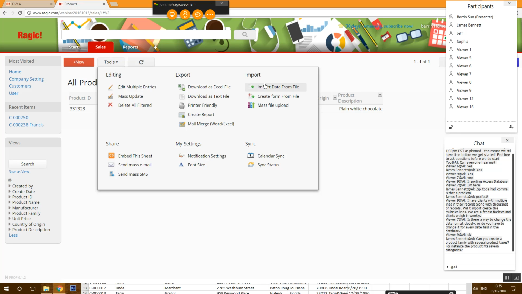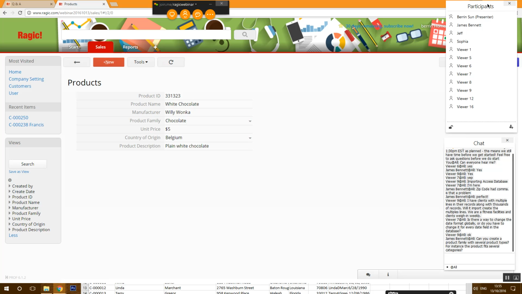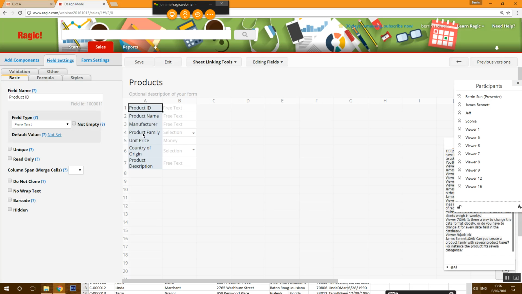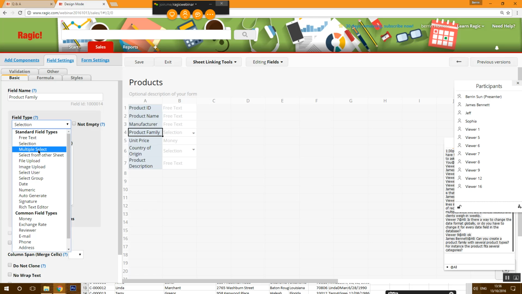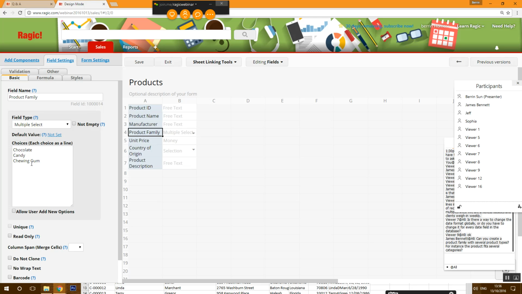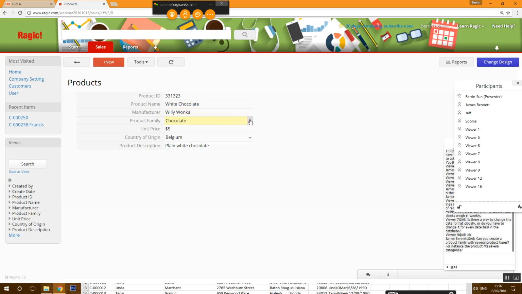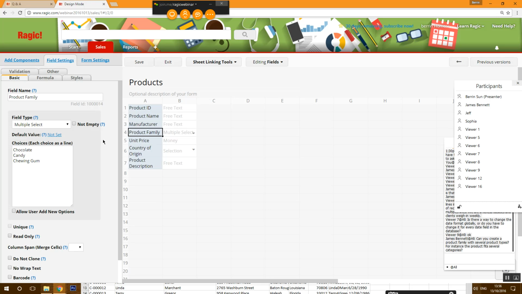James is asking, can you create a product family with several product types? For instance, the product fits several categories. Sure, you can. You can actually, instead of using the selection, you can use multiple selection here. So if I had clicked here and saved, then it would have a drop down with checkboxes where I can actually select from multiple product families as like so. Alright, so I'm not going to be doing that, but one thing to know when you're importing into multiple selection options is if I had